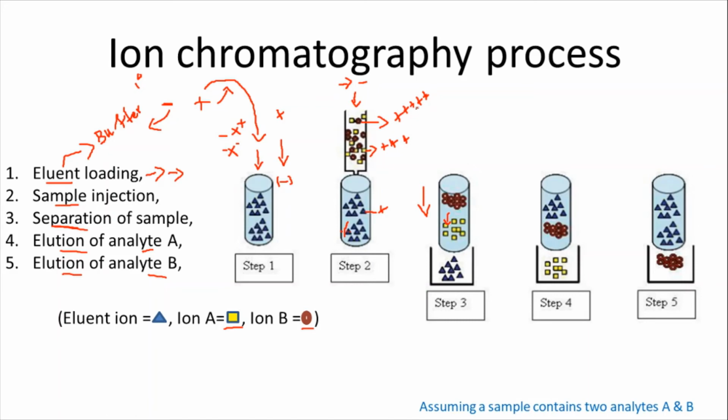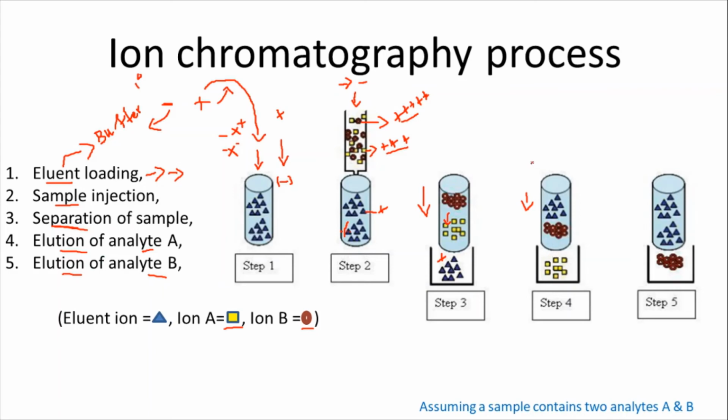According to the electrical gradient, the low electrical gradient eluent ions are eluted first, followed by sample B. Sample B has higher positive charge than A. So sample B similarly disturbs the bond between the stationary phase and sample A. Finally, sample A gets eluted. B replaces A because it has more charge than A. First, eluent ions are eluted out. The fourth step: sample A gets eluted out.